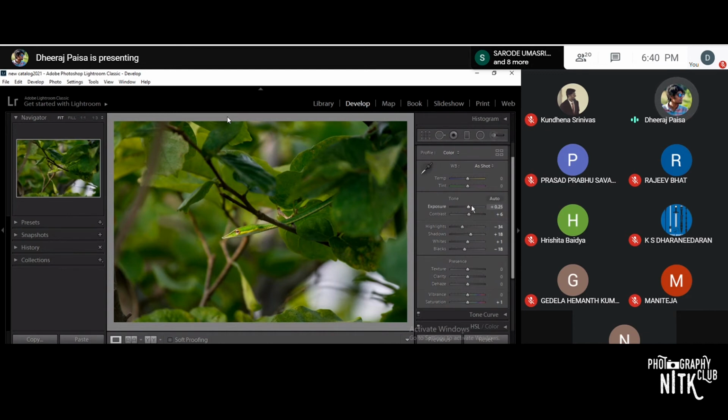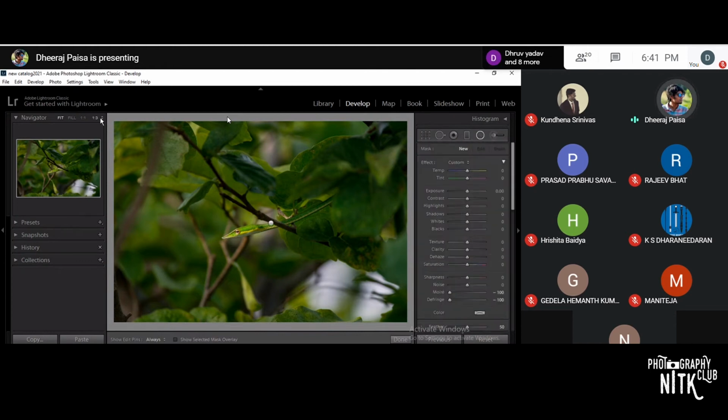As I said, the auto edit option overexposes the image. Let's undo the exposure. Now I want to focus on the eye of the snake. So let's zoom in.